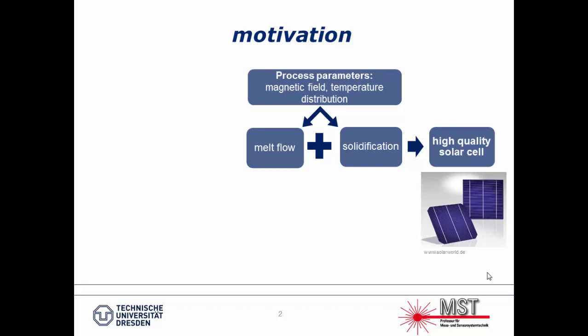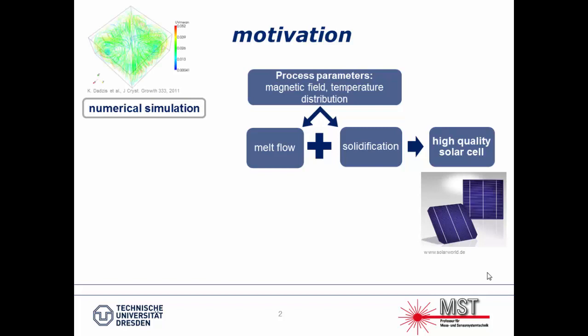the crystal like this. So during the solidification process, we have a magnetic field which is caused by the heaters, so it's a parasitic magnetic field which causes a melt flow, and we have a temperature distribution which has an influence on the solidification, and further both melt flow and solidification influence each other. So to understand this,